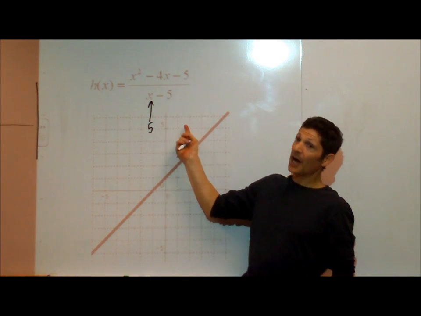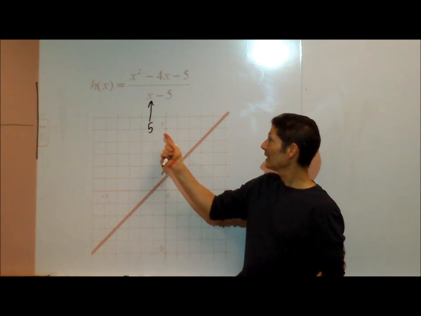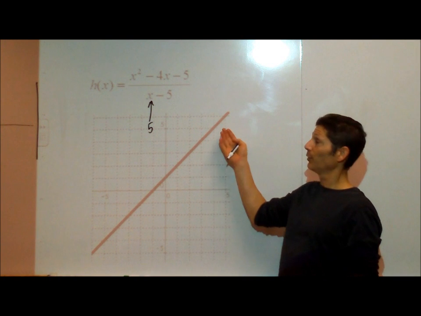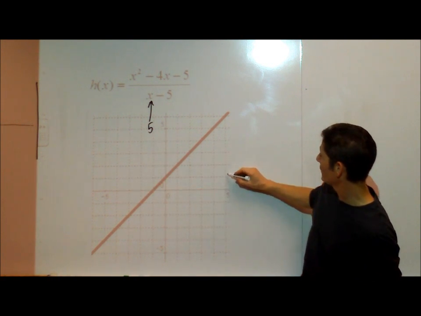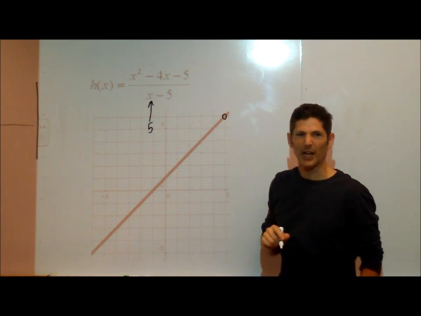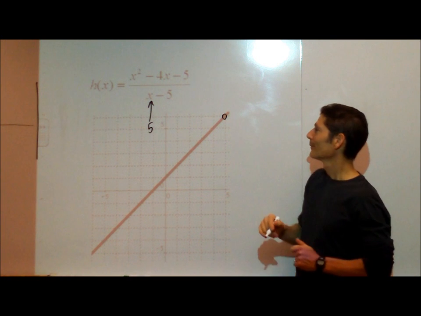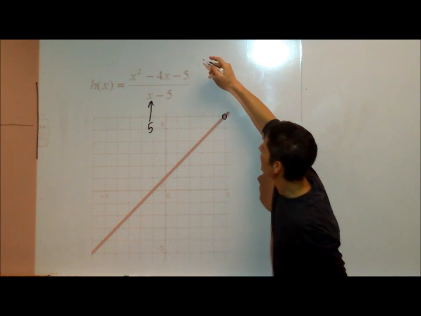But in fact, it's not an asymptote, it's a removable discontinuity, which means there's a little tiny hole. I mean, the graph looks like it's continuous, but there's a little tiny hole at x equals 5. And how do I know that it's a removable discontinuity as opposed to an infinite discontinuity? Because there's no asymptote. Yeah, well, there's no asymptote there, and if I factor the top of this thing, let me factor the top,